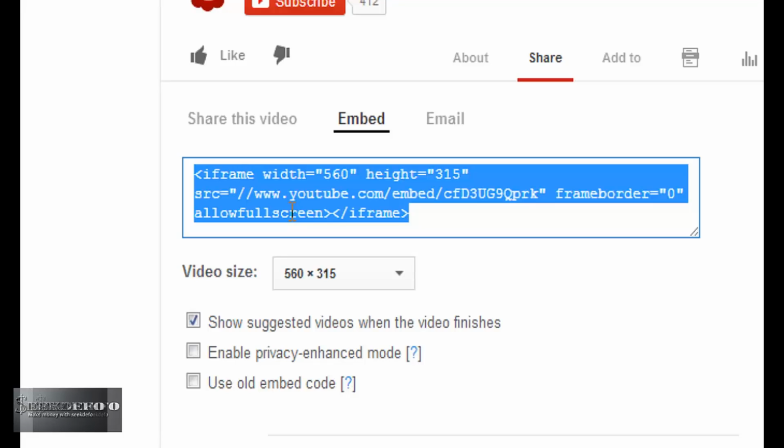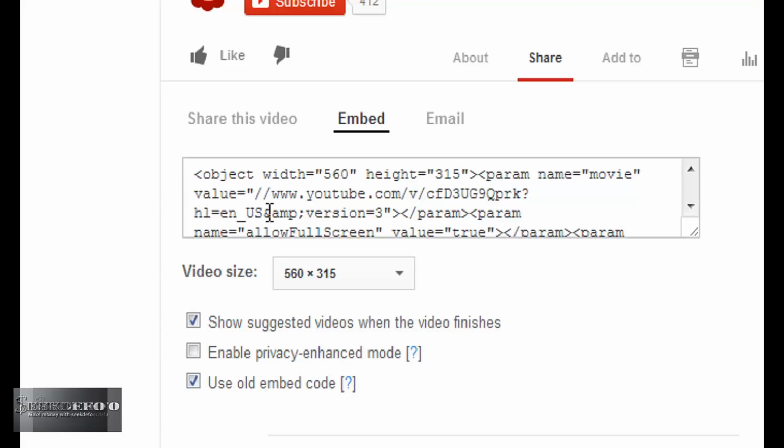The problem with the iframe code is that it is not supported on every site. So the articles that we are submitting on these article platforms and the web tools we are using do not necessarily support this iframe embed code. So what we would do is go for the old embed code and copy everything